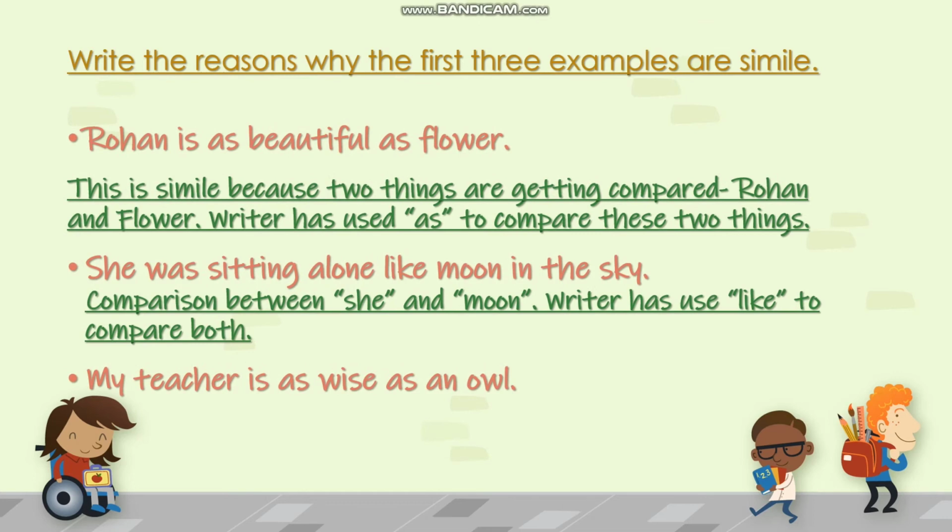Okay, so the first sentence is, Rohan is as beautiful as flower. Why is it a simile? This is simile because two things are getting compared, Rohan and the flower. Writer has used as to compare these two things. So basically, two things we need to call a sentence that it has simile are,